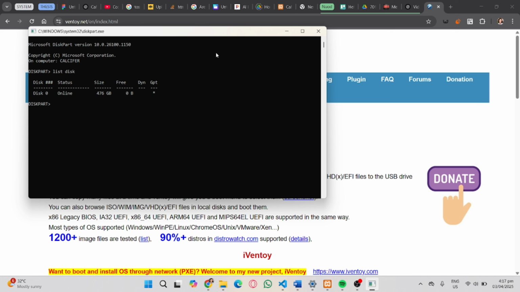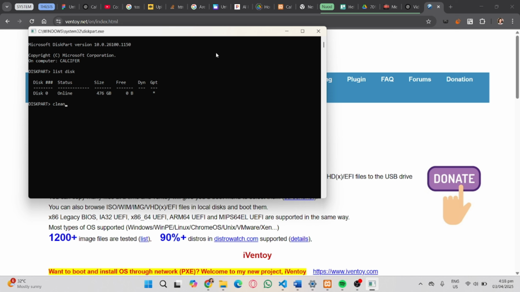After that, assuming we have this number in here. If your USB is plugged in, it should show you a number here for your USB. Then select disk X, where X is replaced with your disk number. After that, you can type clean and press Enter, and it will automatically clean your USB drive, and your USB is now clean and usable again.